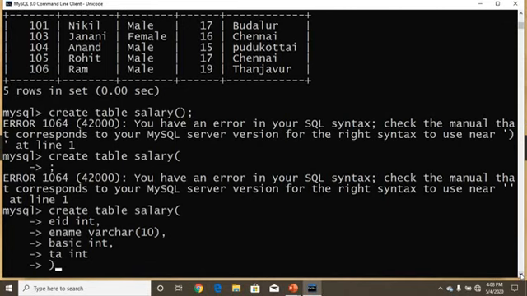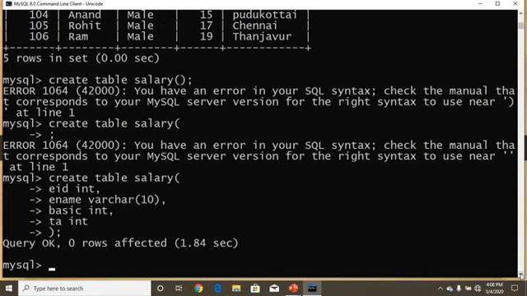Okay. Next we will add a next column. Now I am going to insert these values only. See, query OK, table created. Insert into salary values. I am going to specify some column names: EID, employee ID, comma, name, comma, basic, comma, TA. Oh no, I am going to calculate the TA.